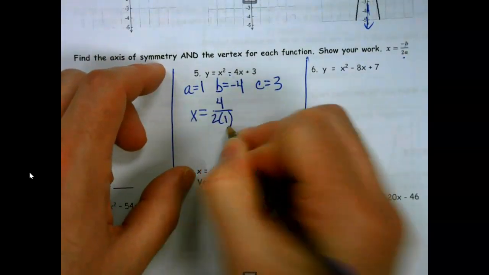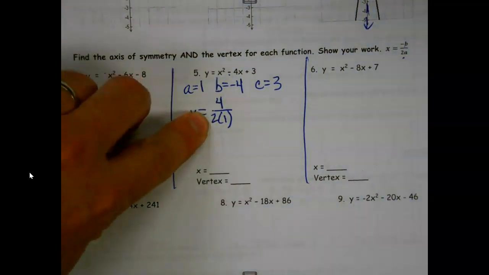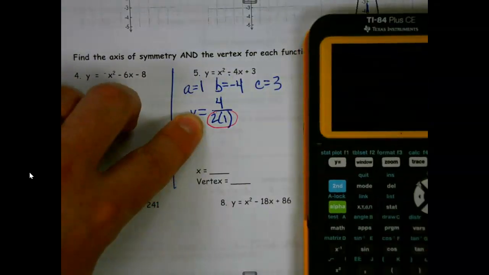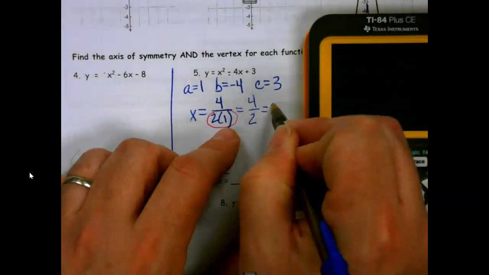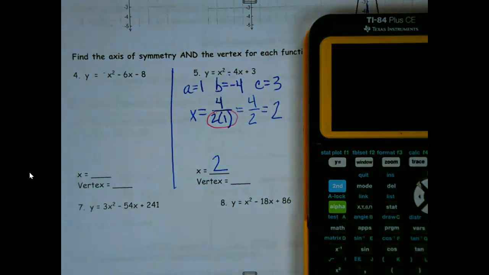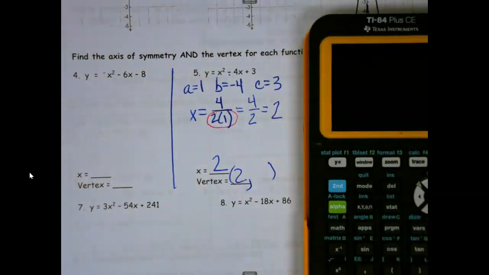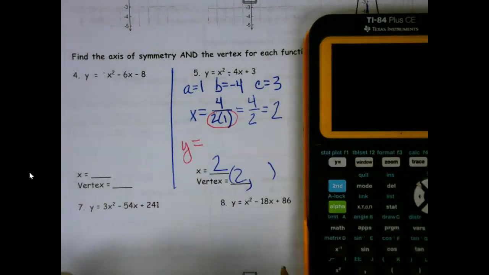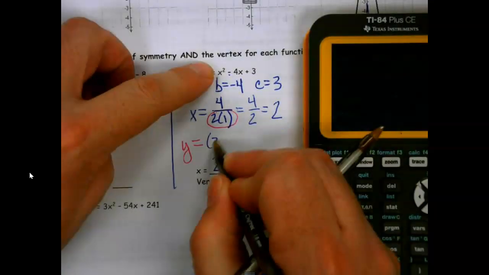over 2 times A. Again, if you're going to the calculator, always, always, always do that part first. And again, I think we can handle 2 times 1, so we will not go to the calculator on that. So I get my x equals 2. And now for y, again, you have a choice. You can either plug in 2's for all the x's,